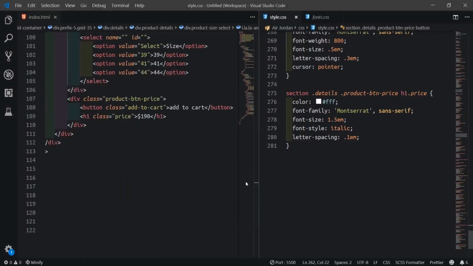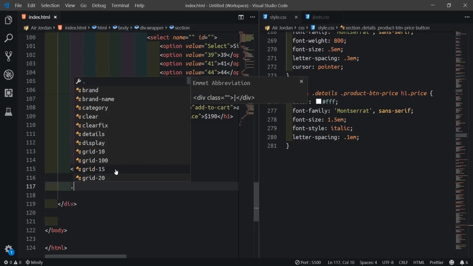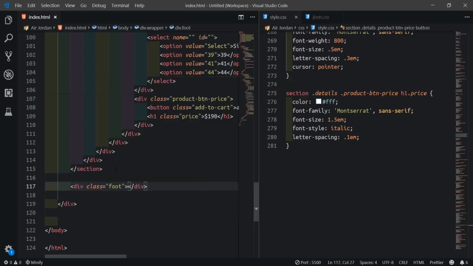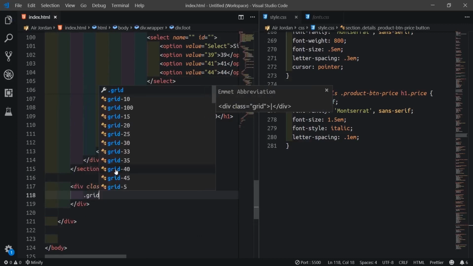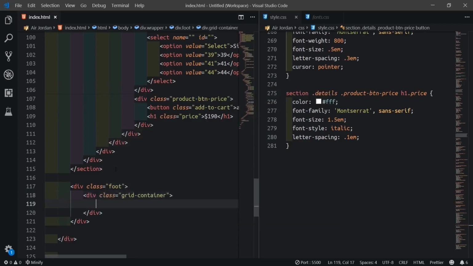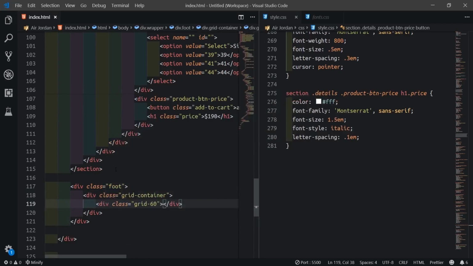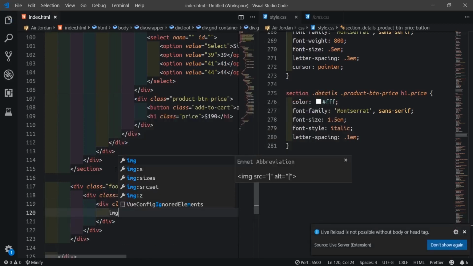So what I could do, I'll come down after this section here. After this section, I'll create a new div. I'll call it foot. Then I'll give it grid container, grid 60. We'll call the image.